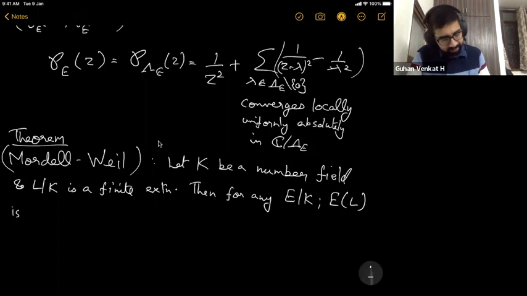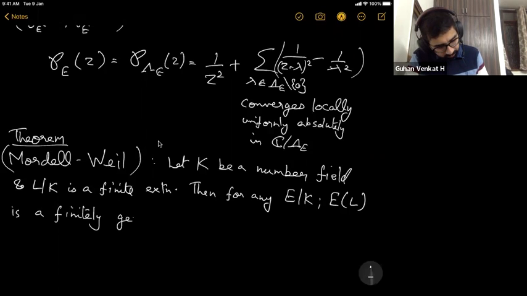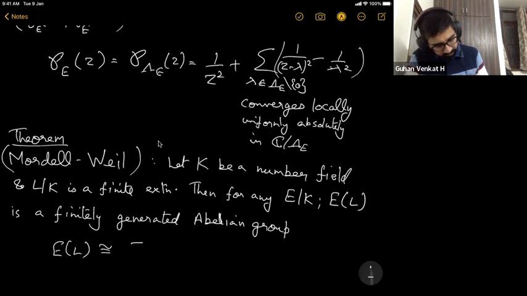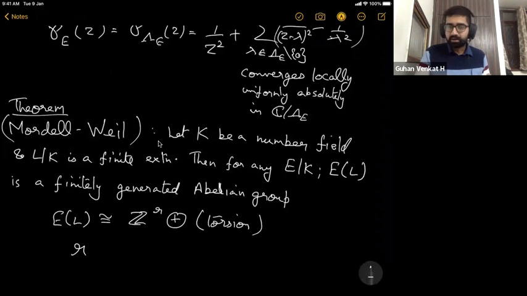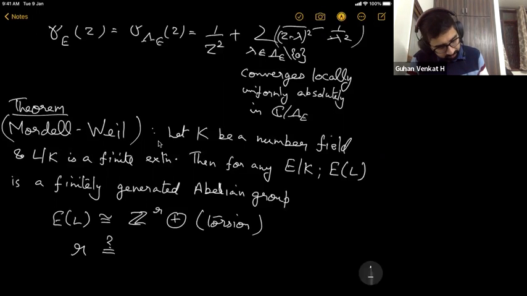It's actually a finitely generated abelian group. So there's an isomorphism saying there's a free part, Z^r, and then there's a torsion part to this group, and this rank r is called the algebraic rank of the elliptic curve, and it connects to